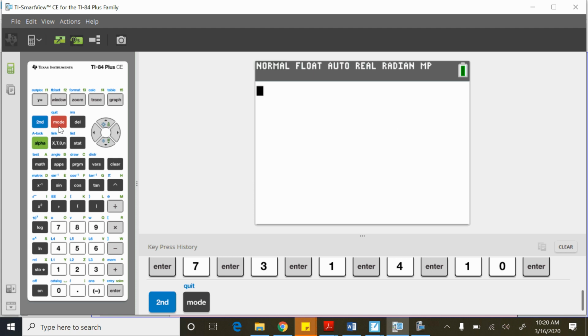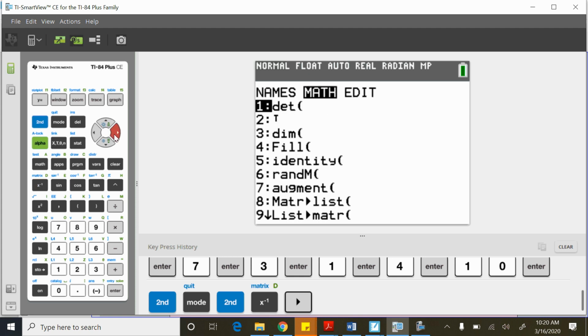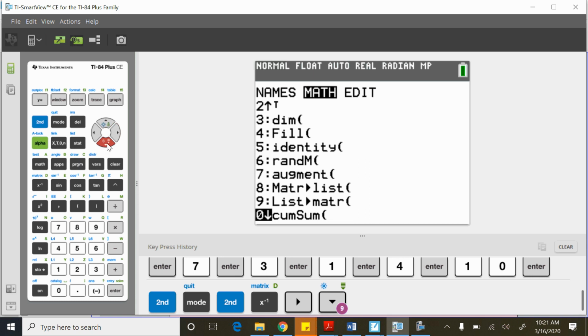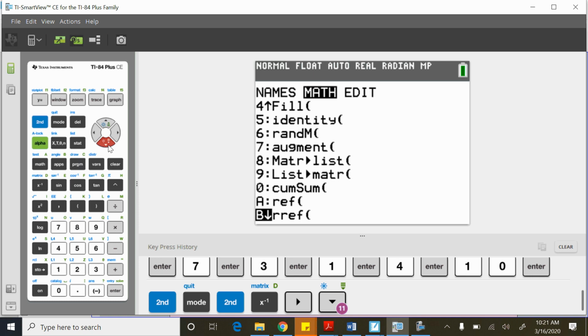Okay? We're going to go back into the matrix and go over to the middle column where it says the math part of it. Just like the math button can be really useful when we're working with fractions, this math button inside of the matrix spot is going to be really useful as well, because it has all of these things that you can do. Some of these we're going to figure out right now, and some of them you're going to learn a little later. But if you keep scrolling down, notice how eventually you get to ref, row echelon form. Looks kind of similar to some of the examples that we just went through. But if you scroll one more down, this is the bread and butter right here, because it automatically has reduced